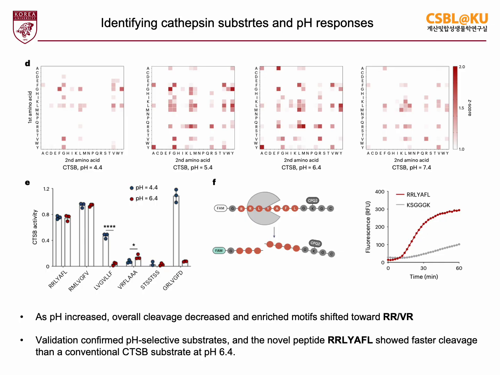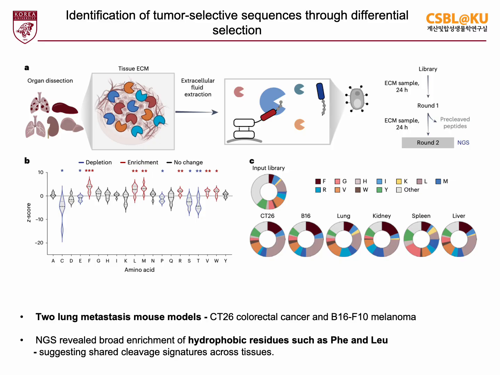Importantly, they validate individual hits and identify RRLY-AFL as a new substrate that performs better than a conventional CTSP probe at pH 6.4. So for the overall paper, this figure is best viewed as method validation rather than the main translational result. In this section, the authors move from recombinant enzymes to the real biological problem, which is identifying substrates